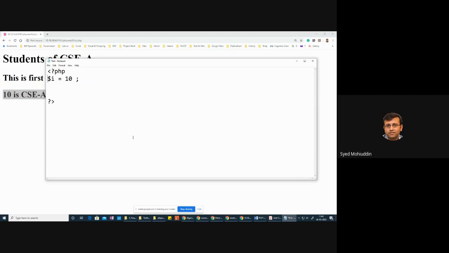Let me have, let's say, $n equal to 10. Let me use an if statement. The reason here to demonstrate the if statement and the conditions is that we will be able to